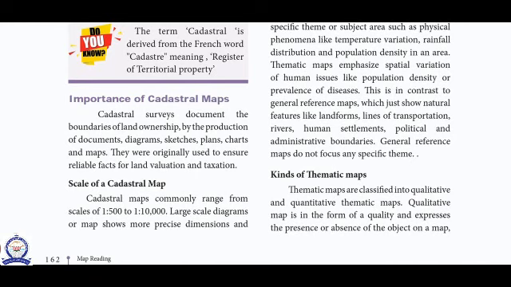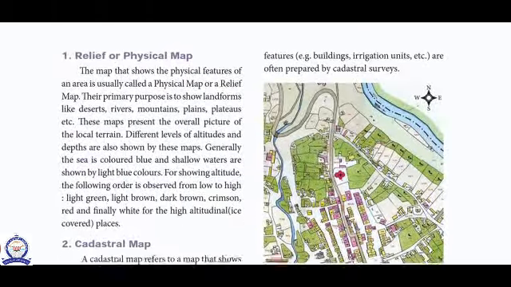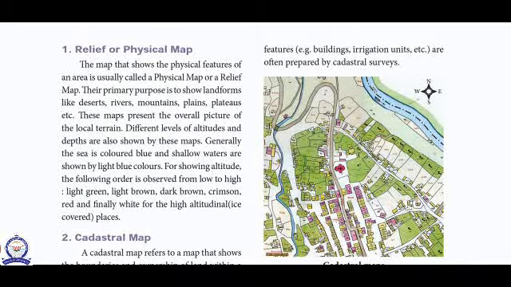Scale for the cadastral map commonly ranges from 1 to 500 to 1 to 10,000. Large scale diagrams or maps show more detail, dimensions and features, and are often prepared by cadastral surveys.